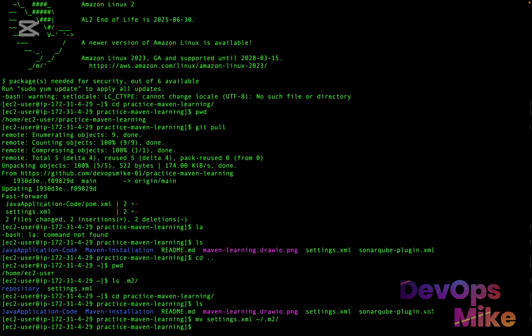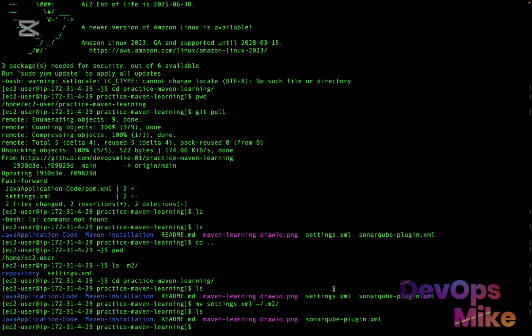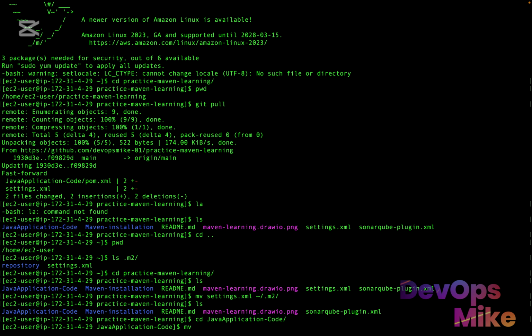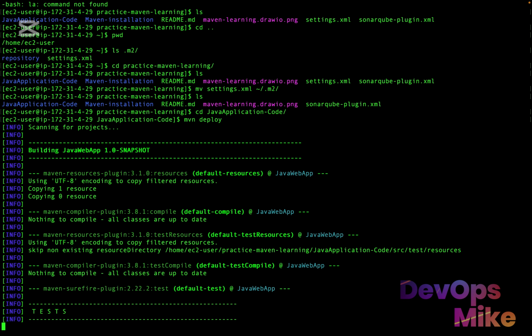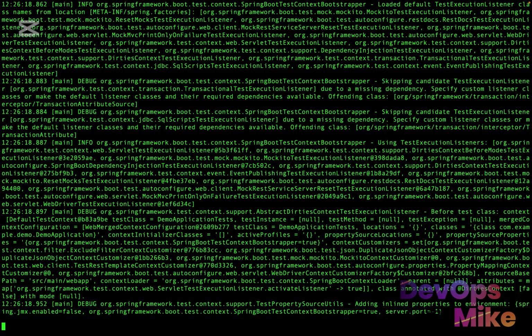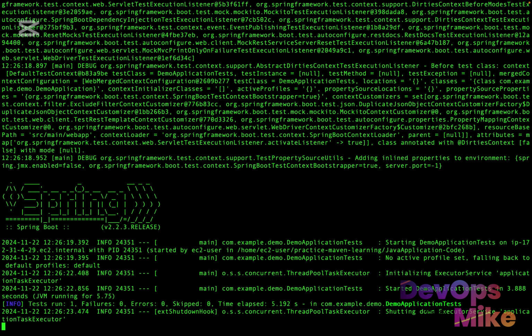So once we do that, we have successfully moved the settings.xml file containing all the security settings from our practice Maven learning to our .m2 directory. So if you do an ls, you will see there's no longer any settings.xml file here. Now, the next and the most important thing is for us to cd to the Java project, and I'll now run the Maven deploy. Remember, previously we had a failure because we were not having connectivity with our